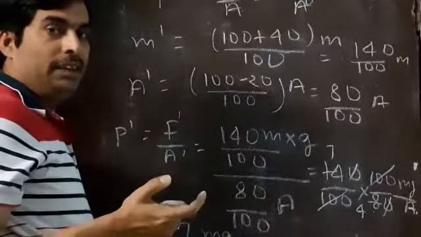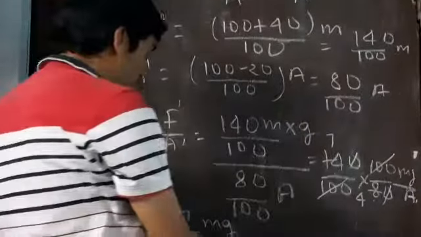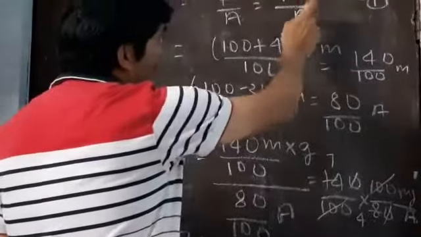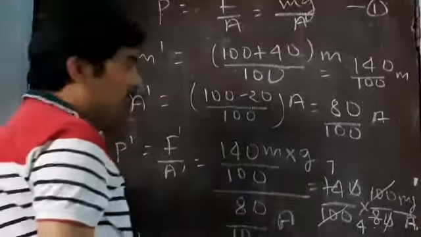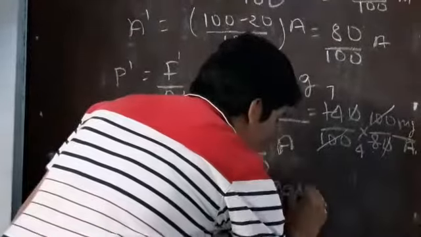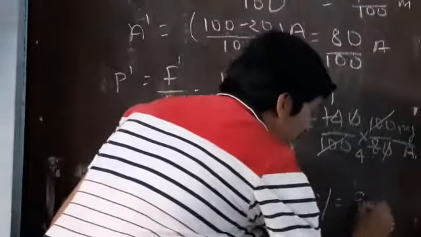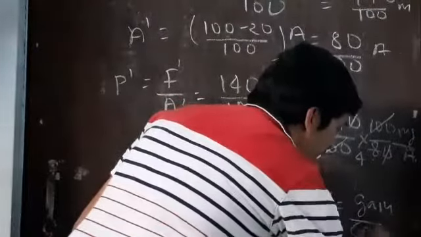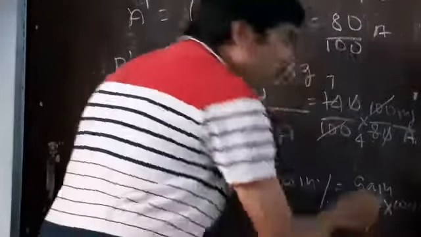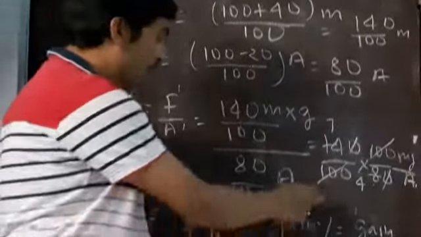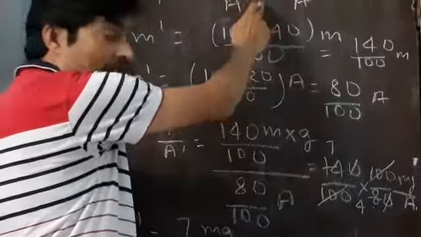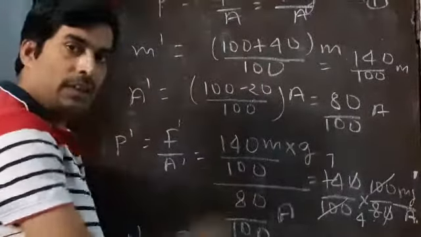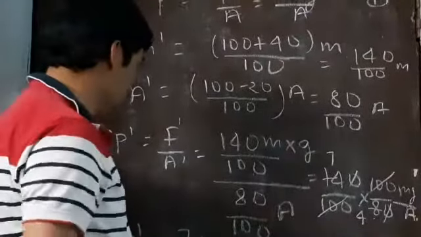Now how to find the percentage change? That is the increase divided by the original mg by A, into 100. Just like gain percent is gain by cost price into 100. You've done all those things in mathematics. So apply that. You subtract these two values, then divide that subtraction by the original and multiply by 100. So get the percentage change.